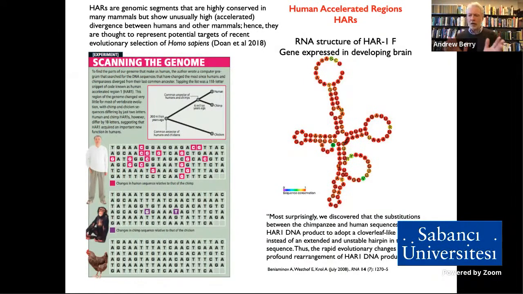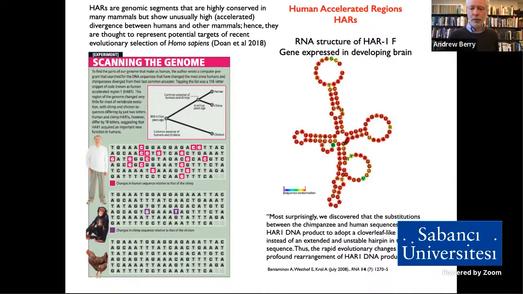So you've got eons of negative selection keeping that piece of DNA basically the same, just two differences between chimpanzees and chickens. Look at us, it's gone crazy. So you've got an important piece of the genome. We know it's important because it's highly constrained, but it's suddenly started evolving very fast in our lineage. That suggests that this is not a random event. This is not drift. This is positive selection.